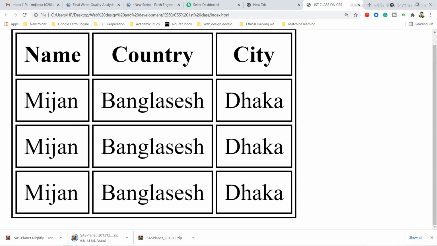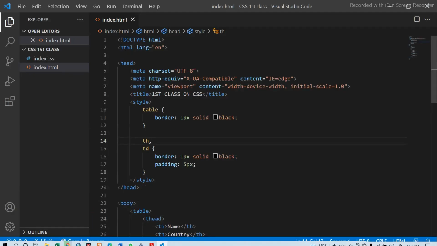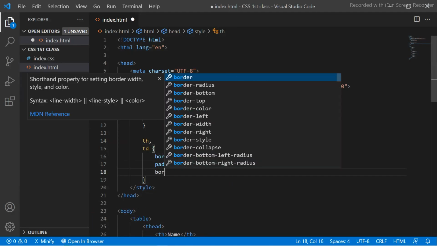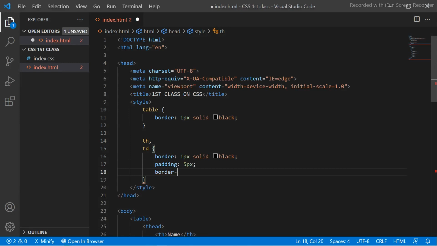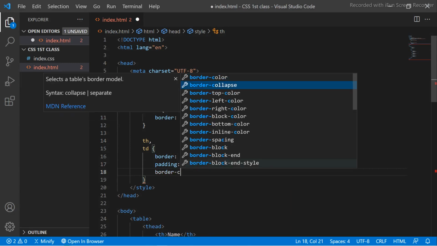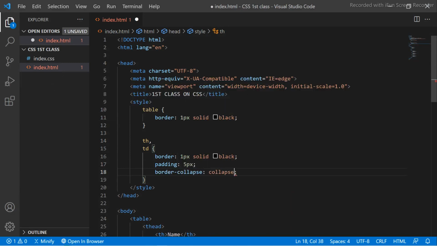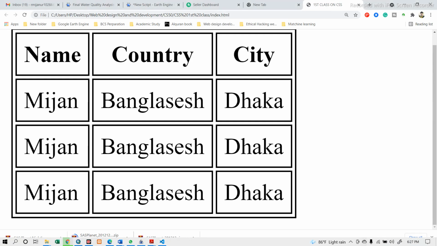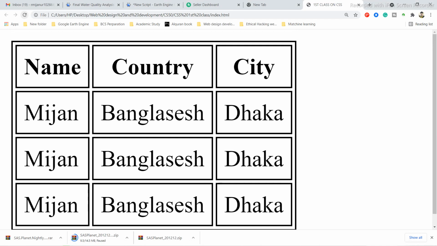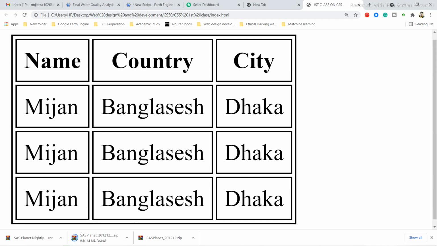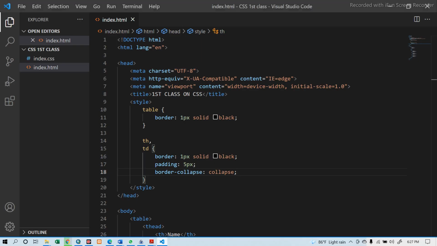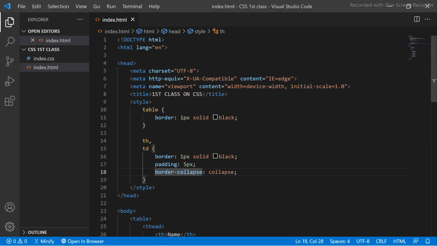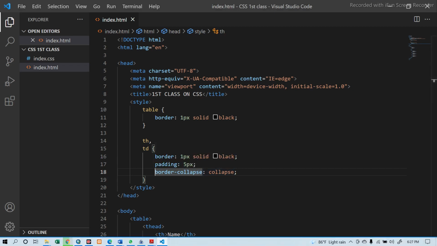For this you need to use the collapse property. So I simply use the border-collapse here, and then I use the value collapse. When I save it and reload my page, you can see all of these borders will be collapsed to each other. So I use border-collapse here and save it, and when I reload it,